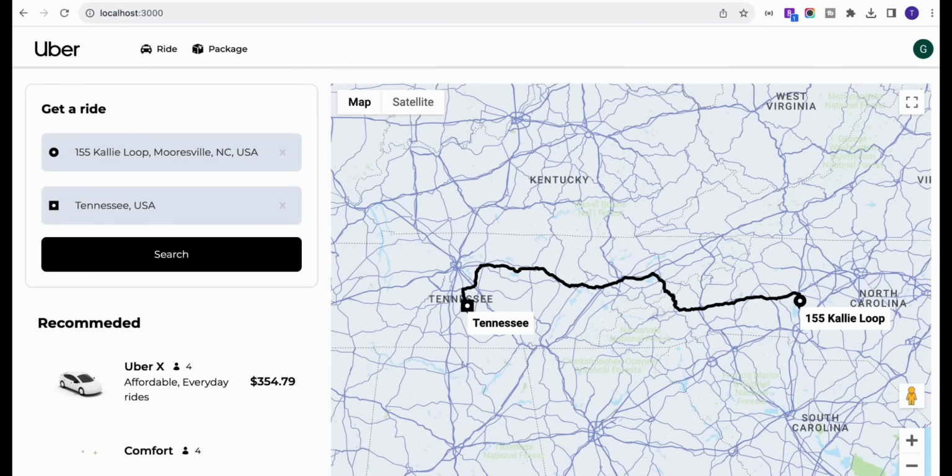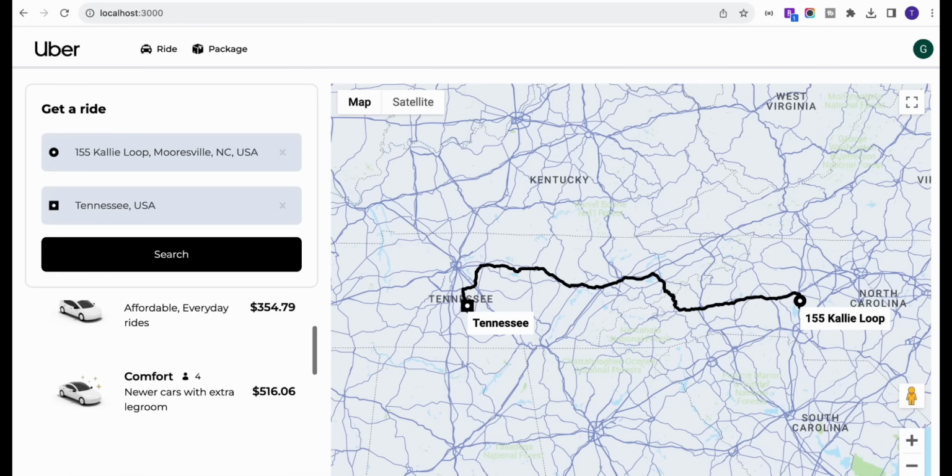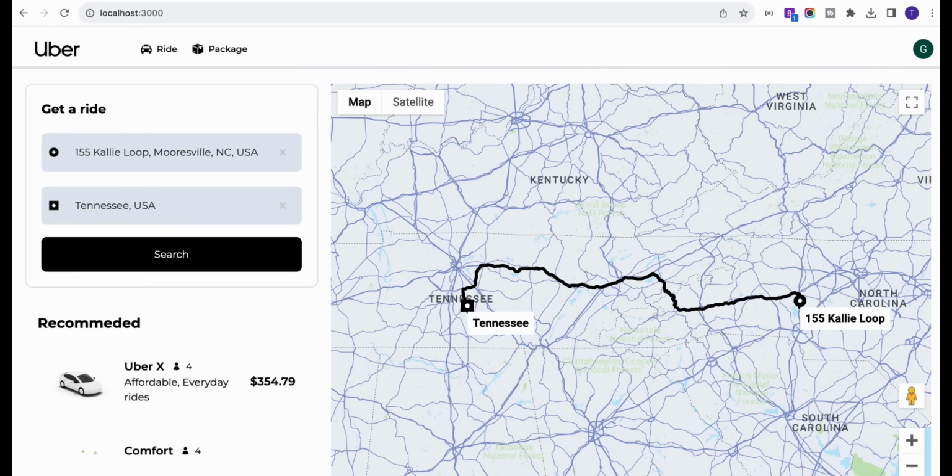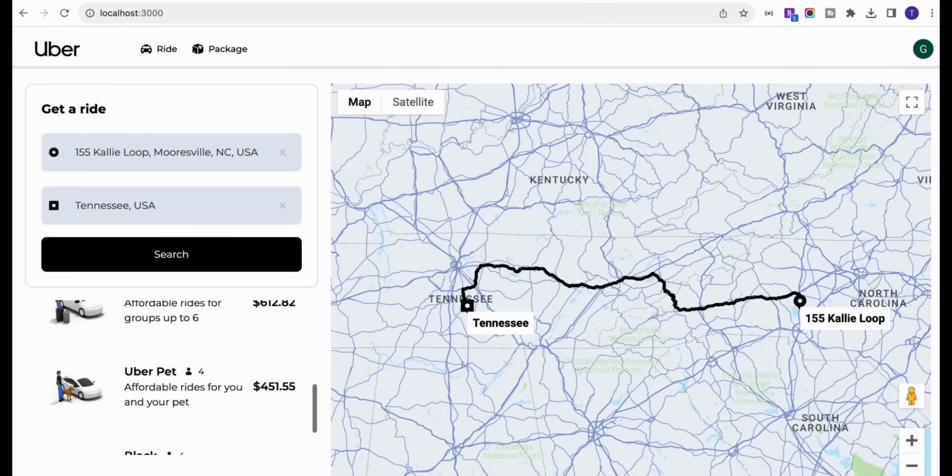Okay, in the next section we will implement the payment gateway. Once you select this particular car, then you will see the button to make the payment, and then